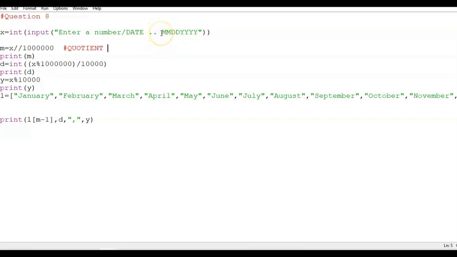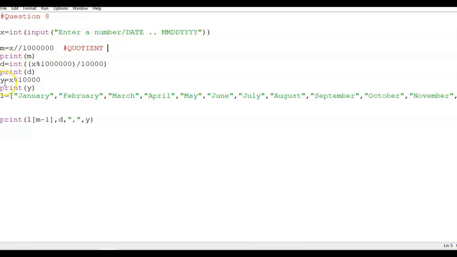The last six digits are removed in the quotient part, leaving m, the month. When you find the modulus, it gives you the remainder part, which is ddyyyy. When you divide it again by 4 zeros, it gives you the date value, and the modulus gives you the year value.